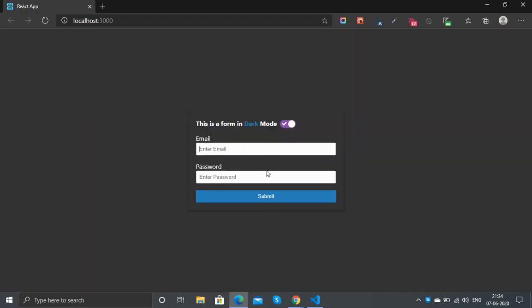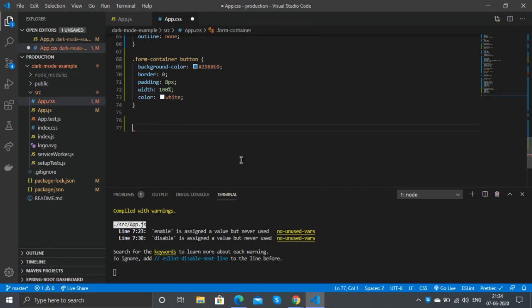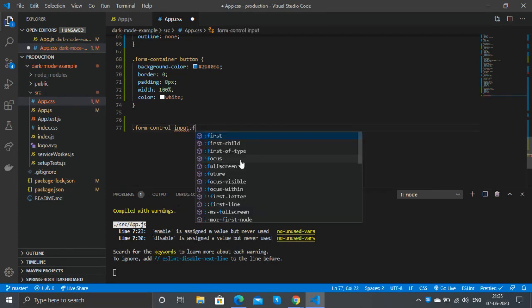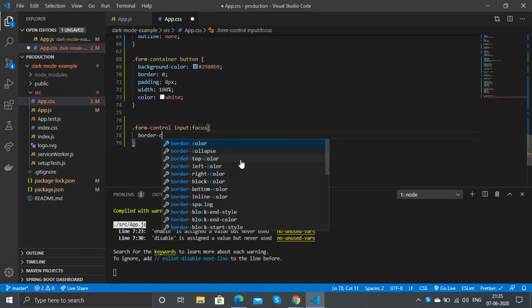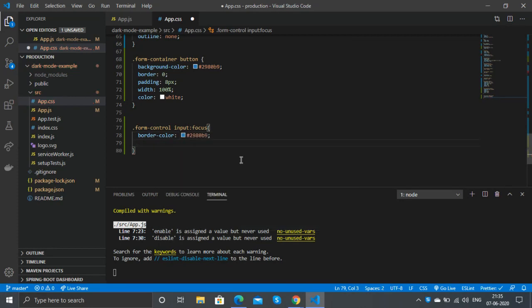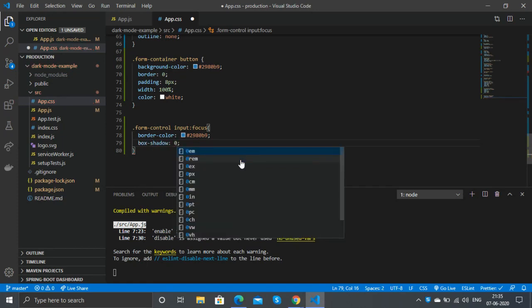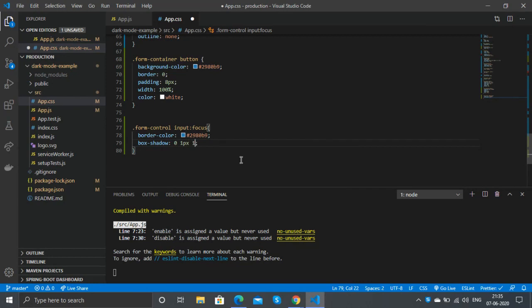We can change that to that purple color in the checkbox, and we can also add some focusing on the input. Now the input focus doesn't have any style. We can add that also. So first let's add the input focus style. For that, we'll give the same blue border color, and we'll apply a box shadow with two box shadows.